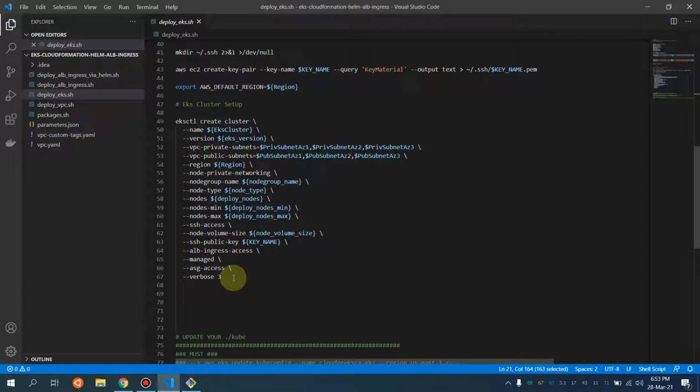This is a bit extra, since I'm going to use the ALB ingress access through this eksctl, and these are going to be managed nodes. I set the verbosity to 3, and SSH access is going to be allowed. This is pretty simple stuff.